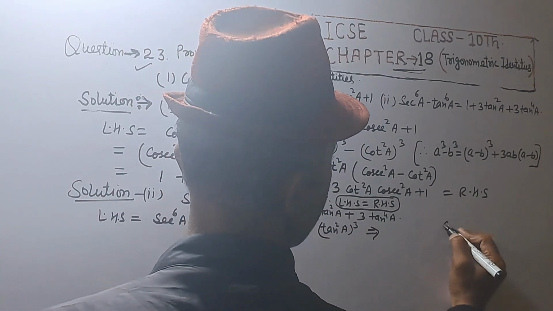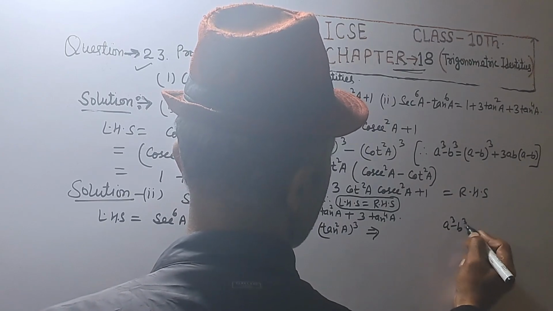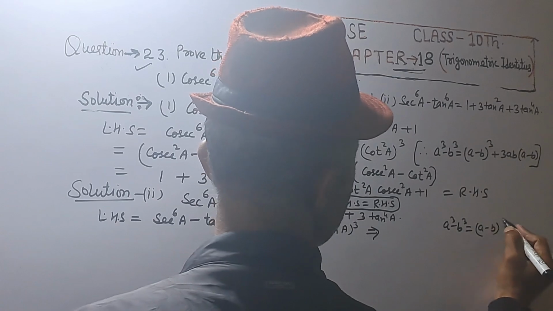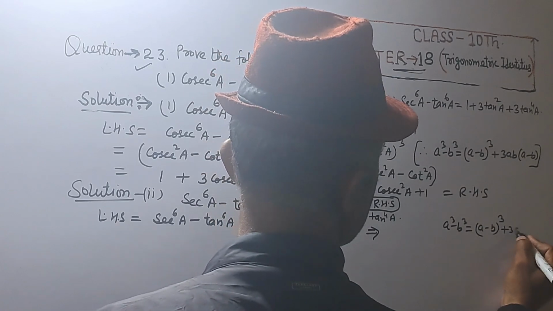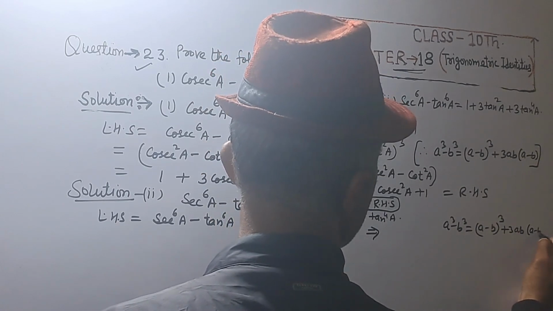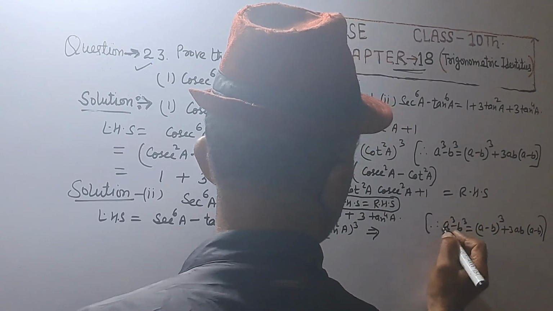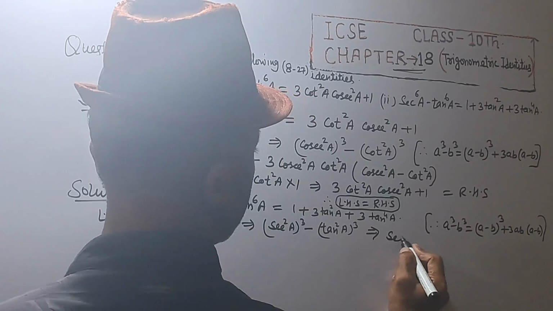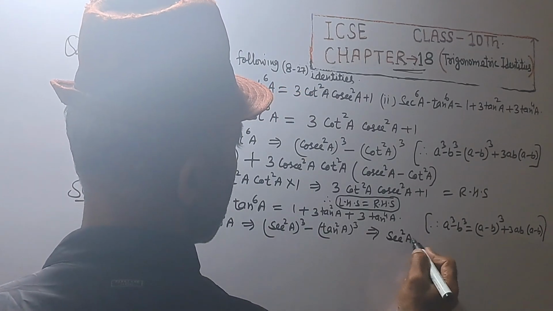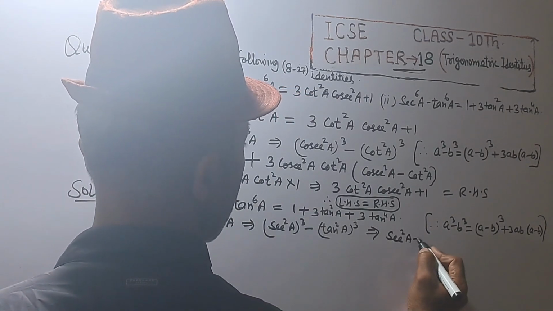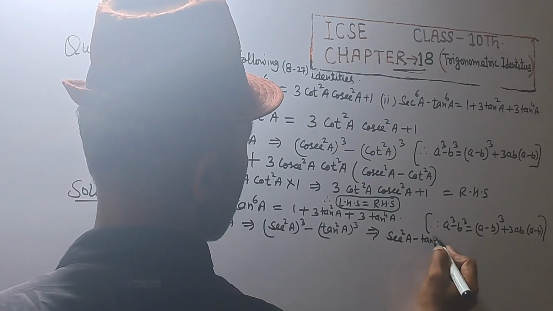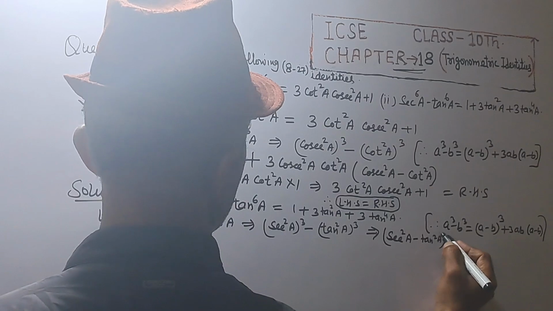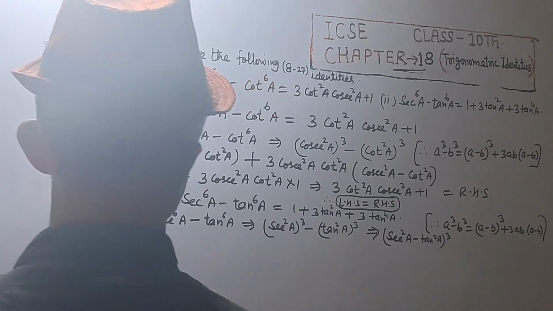A cube minus b cube is equal to (a minus b)^3 plus 3ab into (a minus b). Same formula. That is (sec^2 A minus tan^2 A)^3